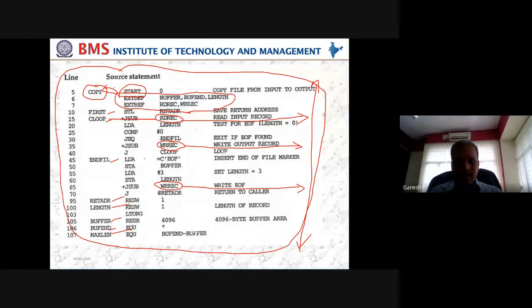by name RDREC, WRREC, and again same WRREC. So two entities are used at three different places. They are undefined. So when I am in this particular control section, when I am going through pass one, my system will have a confusion. You have used RDREC, but I have no idea where RDREC is. If you have used WRREC, I have no idea about WRREC. And as per the algorithm, if something is not there, it will be taken as an error.